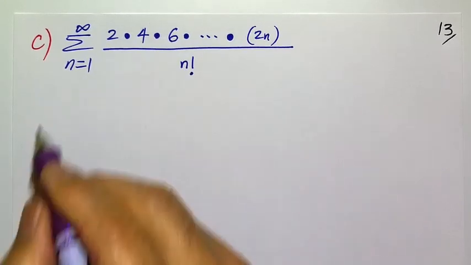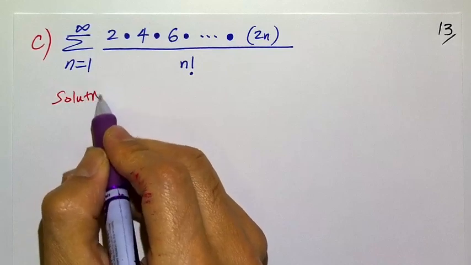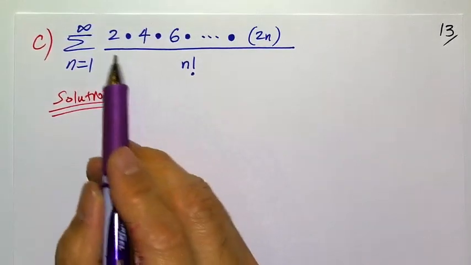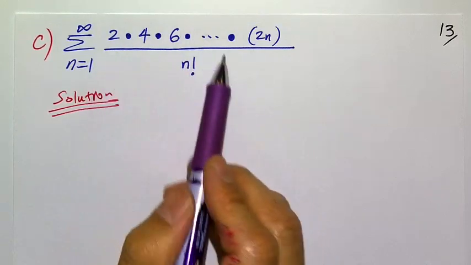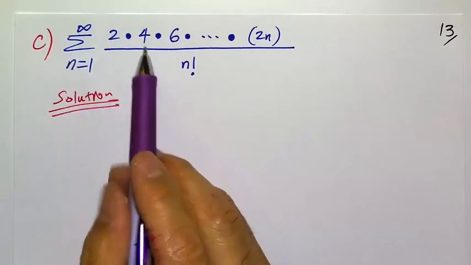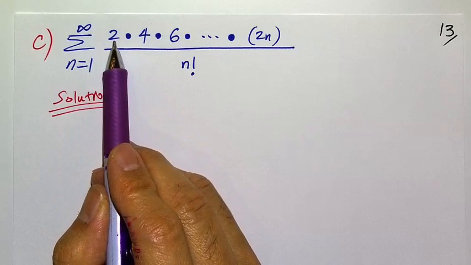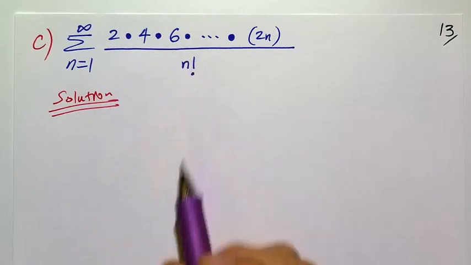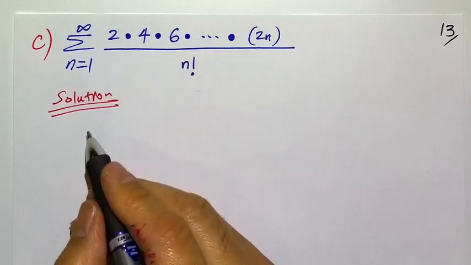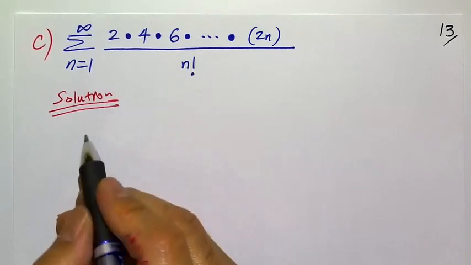Okay, so to write this in a more compact series notation, let us unpack each of these terms first. If we do that, what will we get? We will get